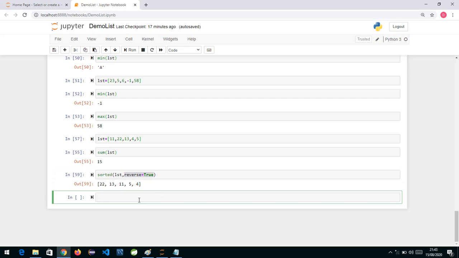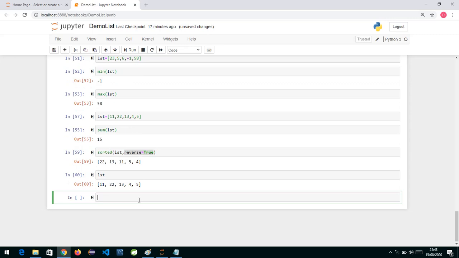What append is going to do over here is add at the end. So if I say, let me print the list first. Okay, this is the list over here. Now suppose I take some list of some strings: a, b, c, d, e.